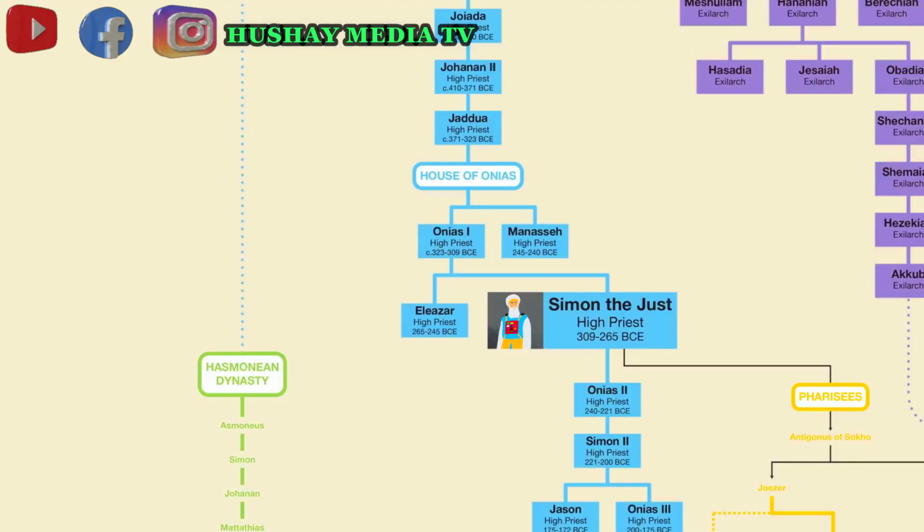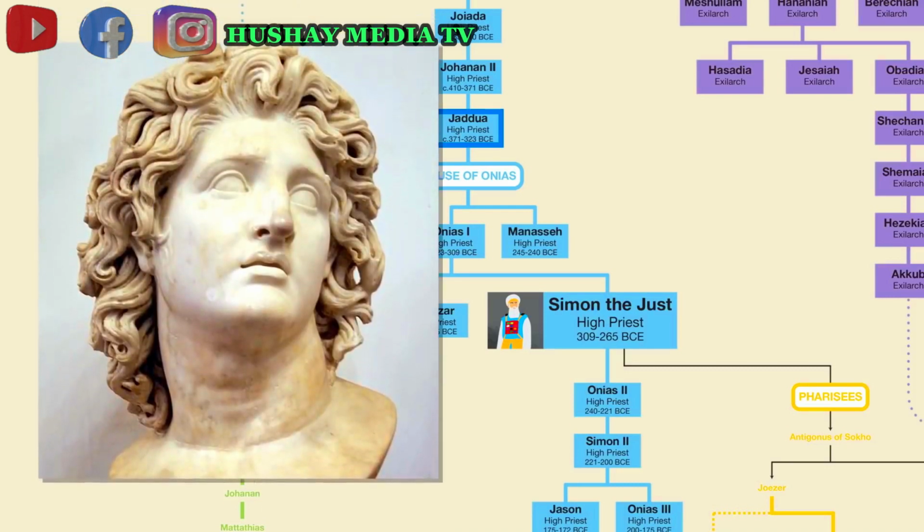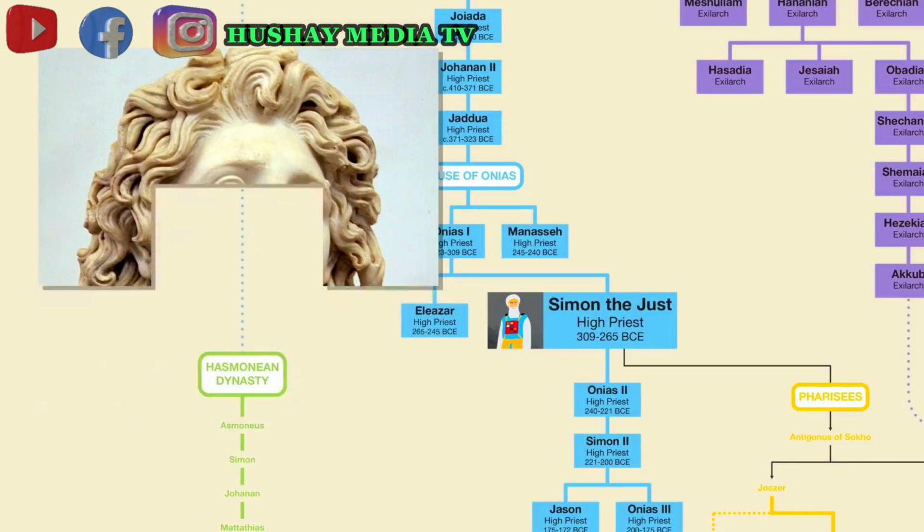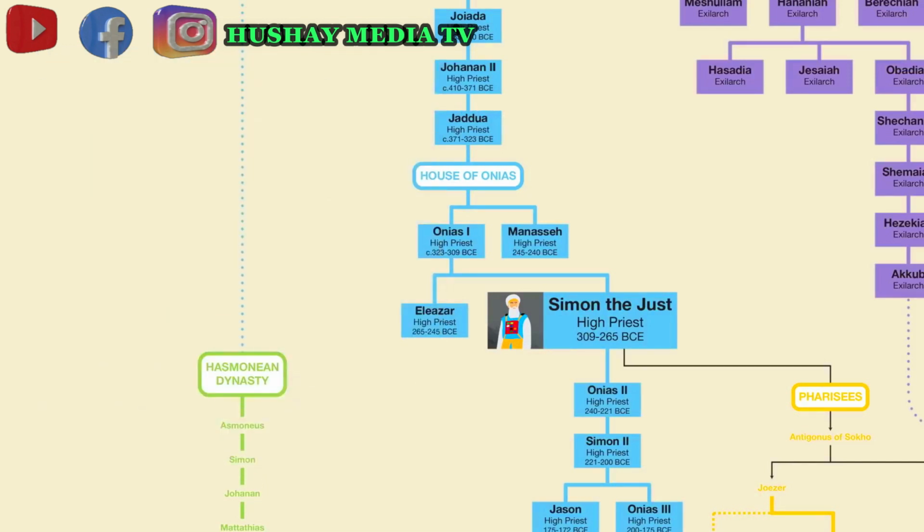We're going to start with a Jewish high priest named Jaddua. According to Josephus, it was he who was in charge of the Second Temple in Jerusalem when Alexander the Great conquered Persia. It was thus he who oversaw the transition between Persian rule and Greek rule, something that actually went quite smoothly. Jaddua's descendants became known as the Oniads, or the House of Onias, named after the next high priest,